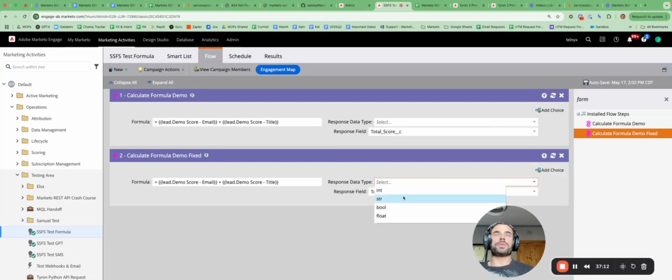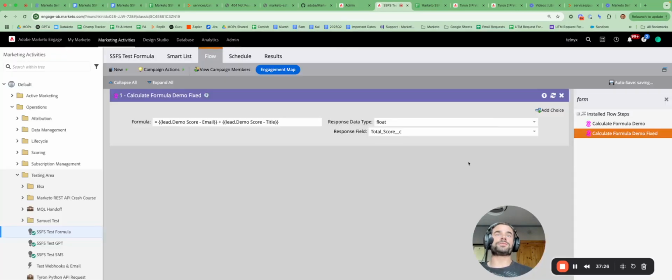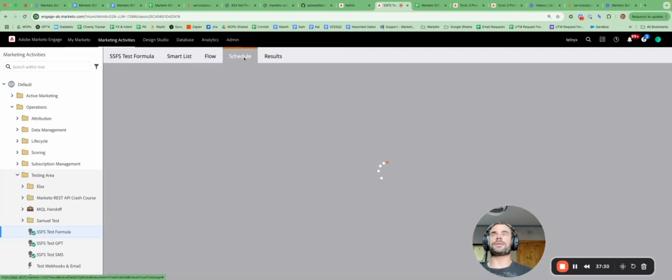We see we get our different pick list values, whereas this one from earlier doesn't have them. It doesn't update or refresh, unfortunately. So I'm just going to have to delete that old one and remove it from the instance. But this one should work now. So when I run this,